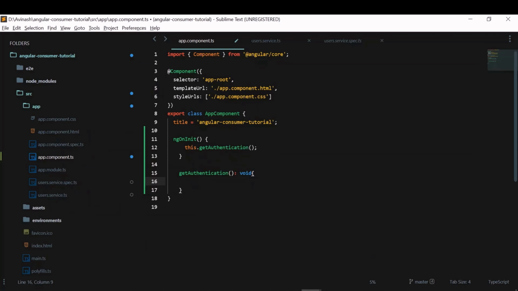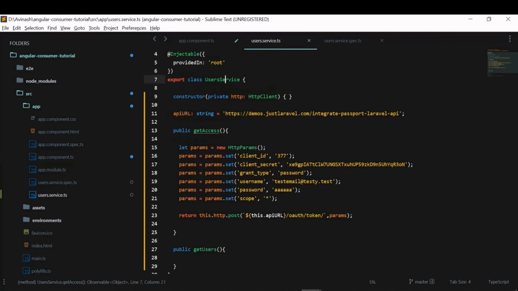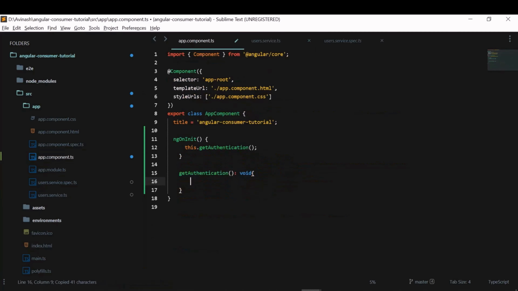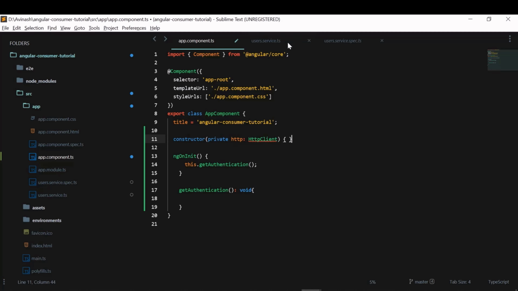In the constructor, we need to tell that we are consuming this user service. Similarly, as we have a constructor in the service, in this component also we need to have a constructor, and in that constructor we need to tell that we are going to use that user service.